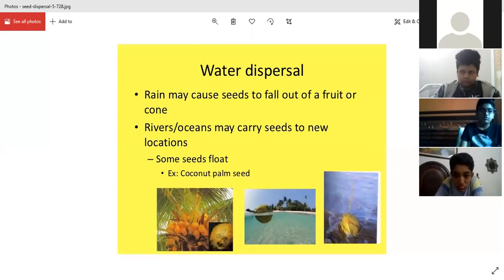Yes, rain may cause seeds to fall out of a fruit or cone. अच्छा, अब यहाँ पर तो मैंने आपको पहले क्या बताया था that because of wind the ripe fruits fall down. ठीक है, जब fruits पक जाते हैं तो हवा के जरिए भी वो नीचे गिर जाते हैं. But over here they are saying that it's not only wind but sometimes because of rain also it falls down. जब बहुत तेज बारिश होती है तो भी जो fruits होते हैं वो अपने tree से नीचे गिर जाते हैं